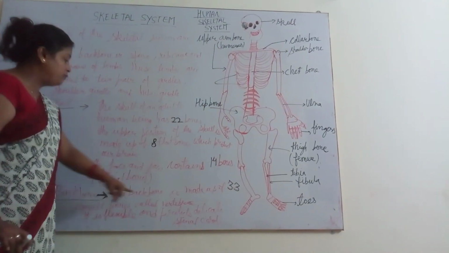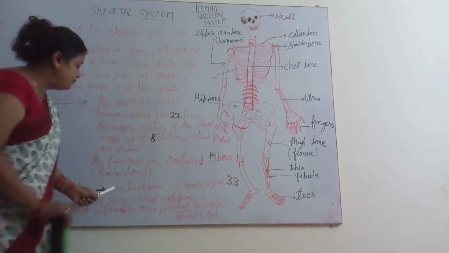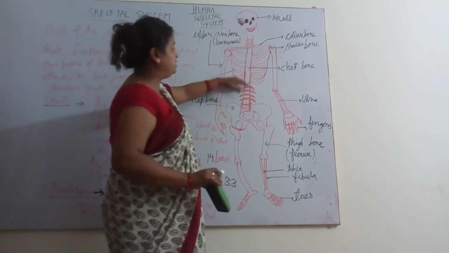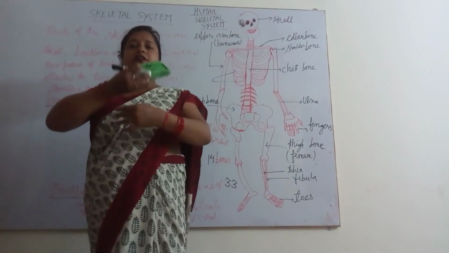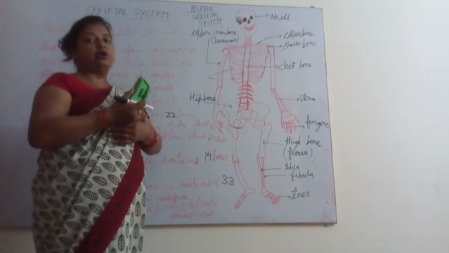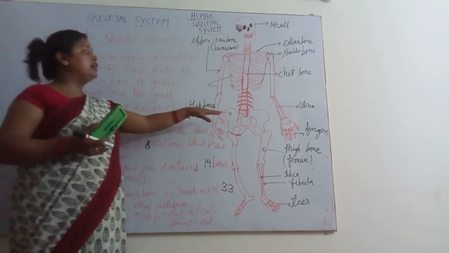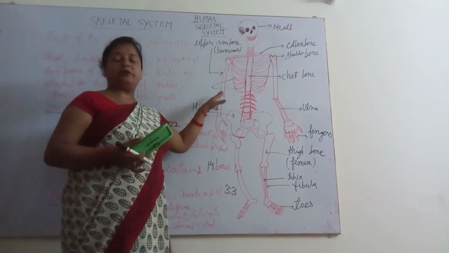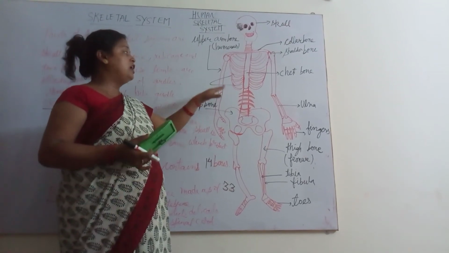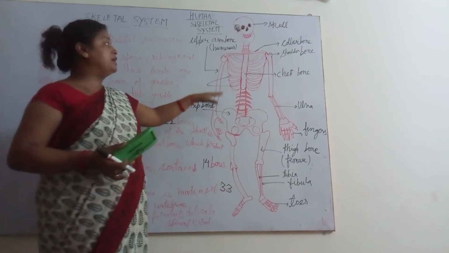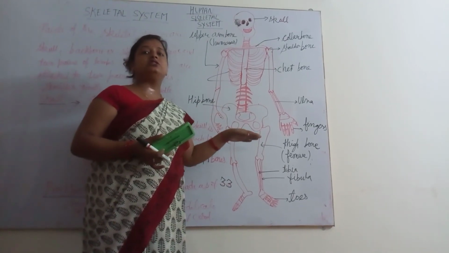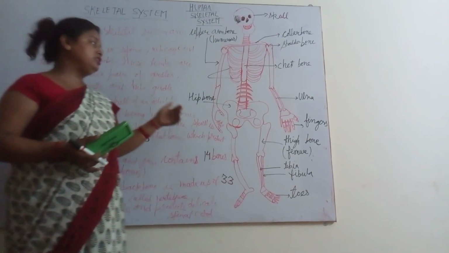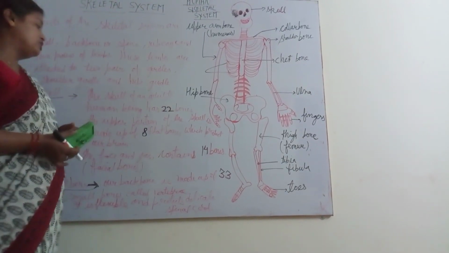Clear? Now our backbone is made up of 33 small bones called vertebrae. The vertebrae are joined together one by one, layer by layer, and give support to your body. The spinal cord is also inside, and it is very safe because of the backbone. In the previous chapter I explained how the spinal cord gives messages to the brain if there is any injury or wound, or any accident. Clear? So that's all for today's part.